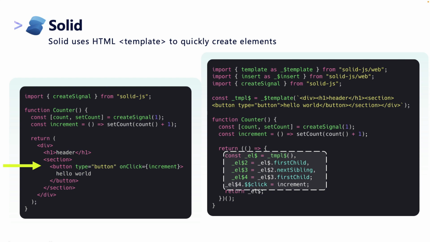Interestingly, if there are dynamic elements or event listeners in a more nested element, then the generated code in Solid uses, after cloning the template, a combination of first child and next sibling to traverse through the DOM element tree to target the elements. It's kind of like using the shortest path to find the target element and attach event